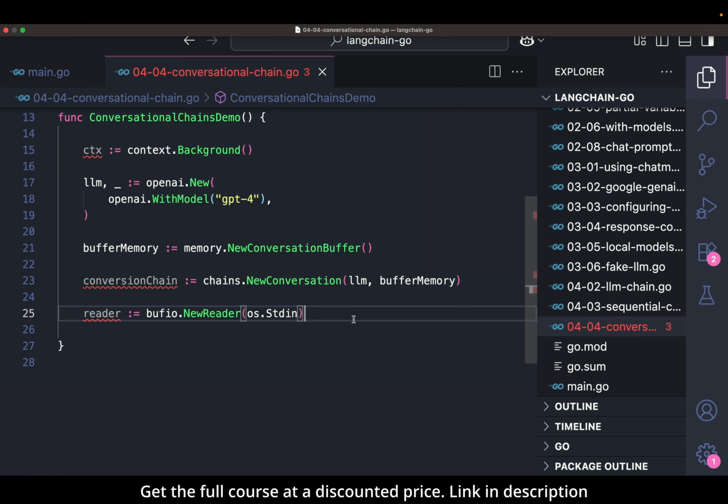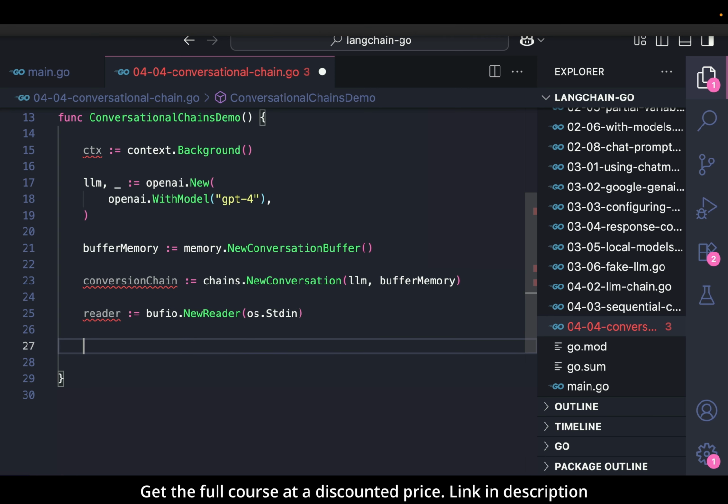Then in order to have our session active, I'm going to create a for loop that doesn't exit. So we actually have to send an interrupt with like Control C to get out of it. So we create our for loop. And inside our for loop, I'm going to make this a bit fun. First, I'm going to print the prompt for the user. Just going to say fmt.Print,